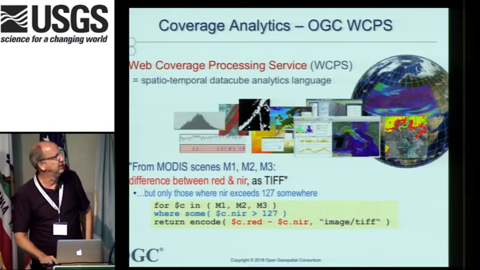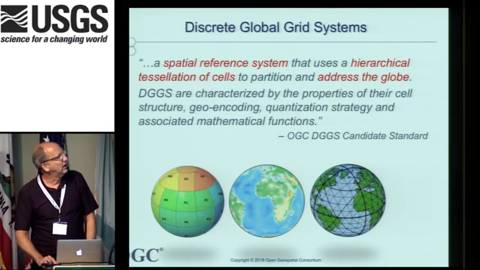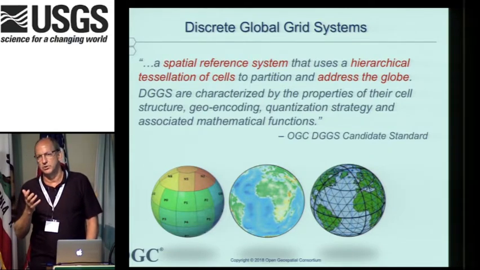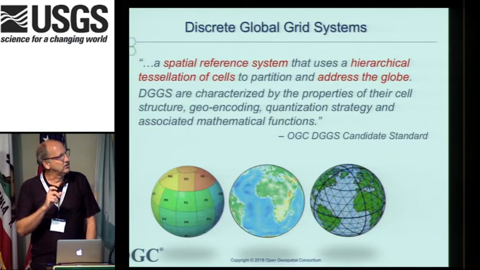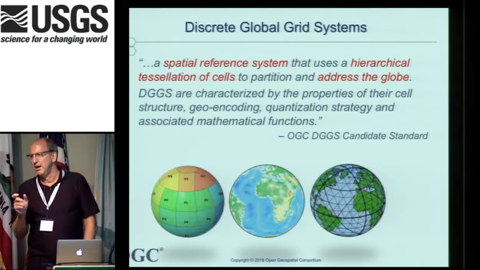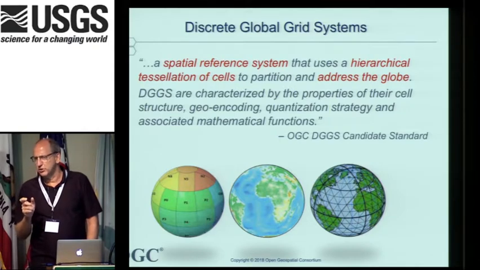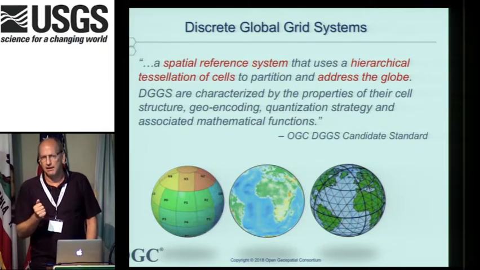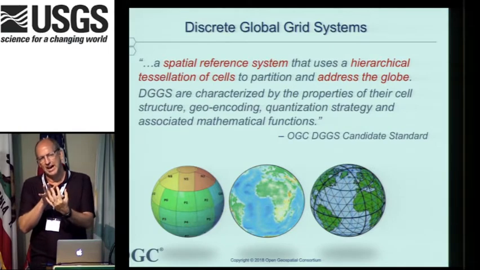Which NDVI? But you get the idea. So the other thing that's relevant is gridding systems. We all love gridding systems. A new standard is a description of discrete global grid systems. These are grid systems which are not troubled by, I don't know, poles and date lines like all the map projections are, and have really efficient processes with respect to tile pyramids.